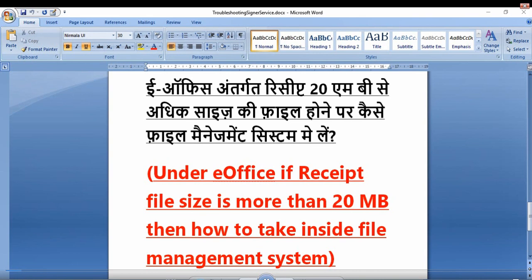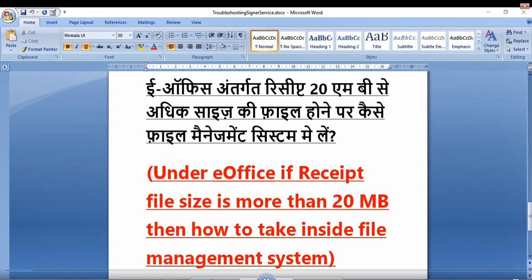So there are two possibilities or scenarios. First, we should understand that 20 MB is a very big size, and if you are doing proper scanning as per defined standards, then a great number of scanned pages will easily come in this size. So you have to first ensure, as we have seen in the digitization video in depth, that we are very alert that our scanner settings are as per standards or not, right? Is there any mistake in the settings?